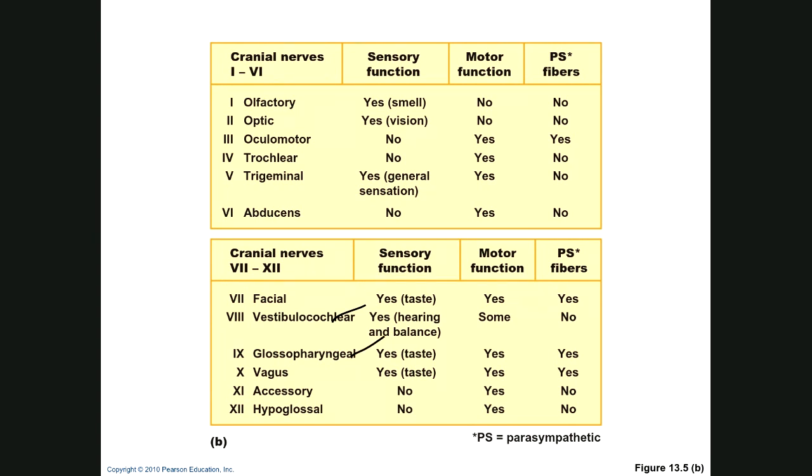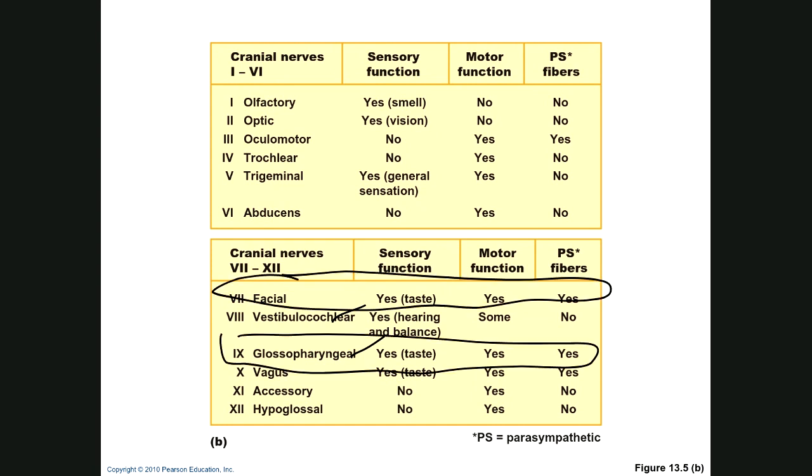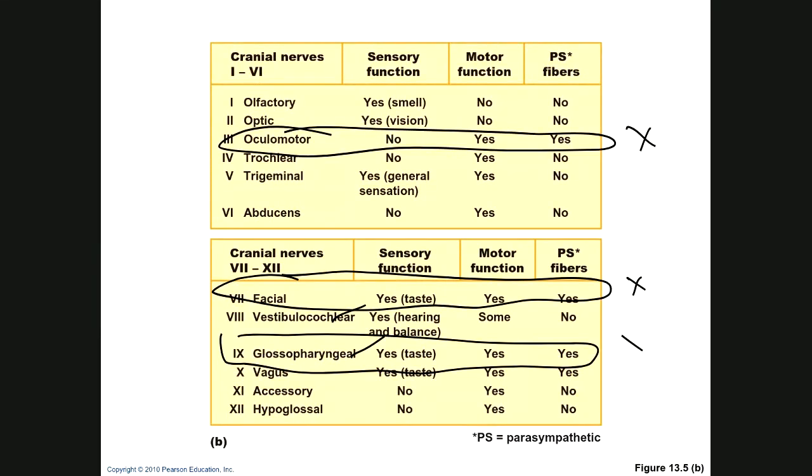Glossopharyngeal, facial, and oculomotor are parasympathetic nerves. We have one more parasympathetic that we need to mention. So we're on number 9. 10 is the longest